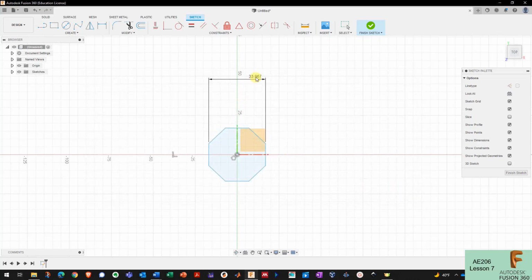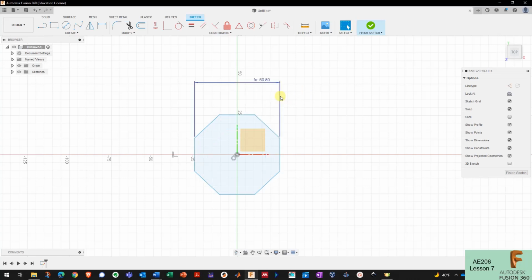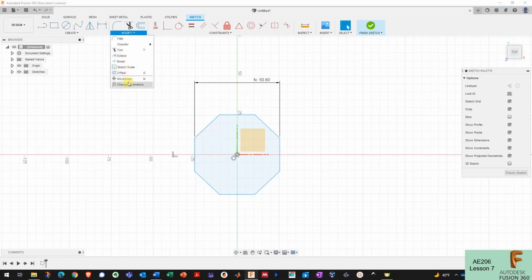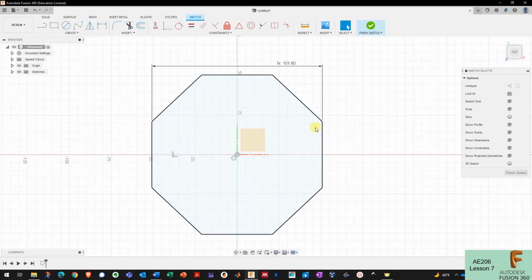All right, so now in this sketch, I can double click on this dimension, erase what's there already, and then type in that parameter that I just named, octagon diameter, and press enter, and it will enforce that number. And later on, I can come back into change parameters here, and I can change the value of this parameter to be 4 inches, and press OK, and the sketch automatically changed because that parameter is tied to that primary